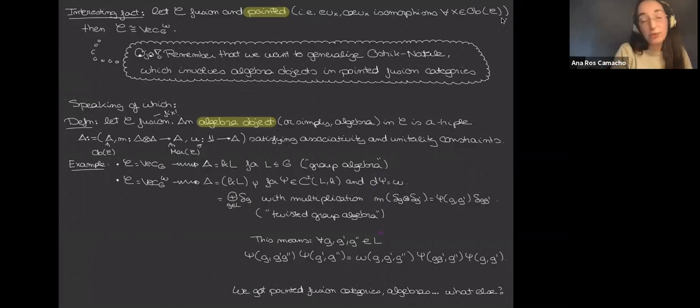In this case, let me tell you a couple of examples of algebras. For the case of Vec_G, finite dimensional vector spaces with some G grading, an example of an algebra is a so-called group algebra, just given by K[L] where L is a subgroup of G. And in this very special case of Vec_G^omega, the algebras are going to be given by very similar algebras to the group algebra, just that we need to tweak them a little bit. So how does this work? Well, these algebras are going to be given by sums